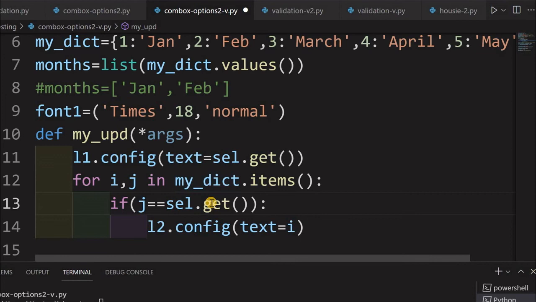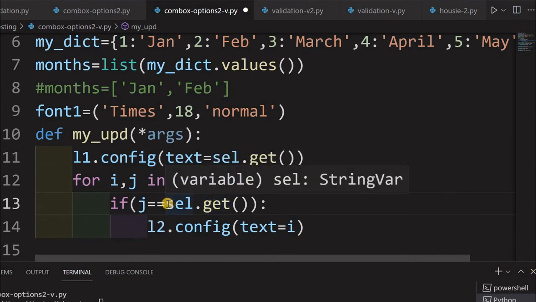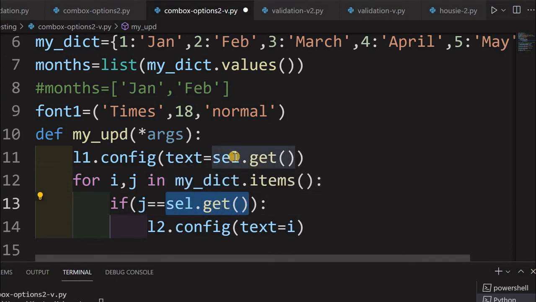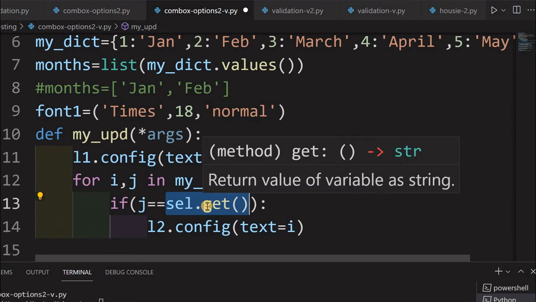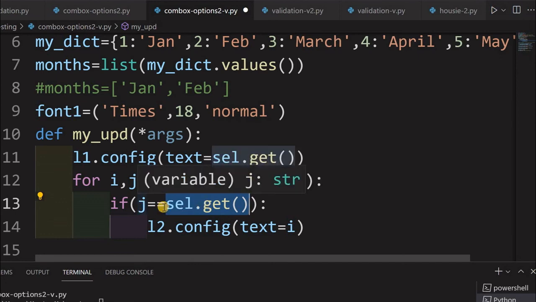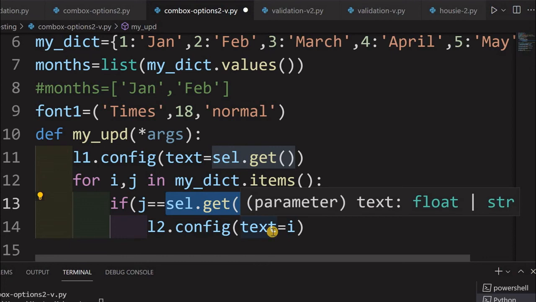The option has, suppose March, April, May, whatever month you have selected, that will be held here. In the same fashion we have displayed it in the L1 label also. The same one I am just comparing. If this matches, then pick up the i value, pick up the key. Key is nothing but 1, 2, 3, 4, whatever it is.